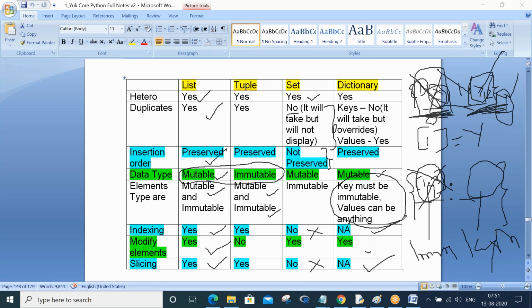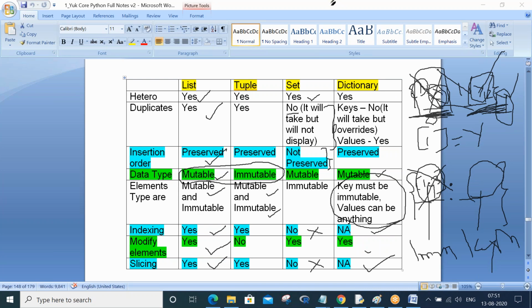Values can be duplicates, values can be anything, but on the left side you cannot store values which are duplicates, and you should not store values which are modifiable. Based on that concept only, the dictionary concept has come for us.